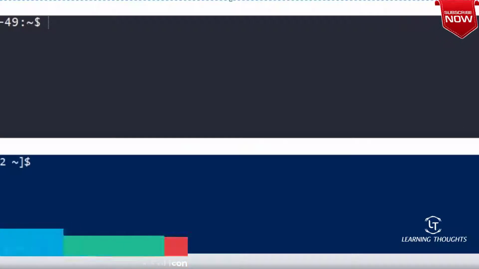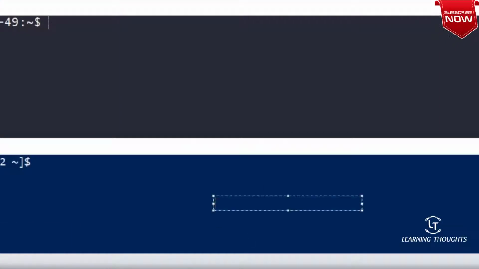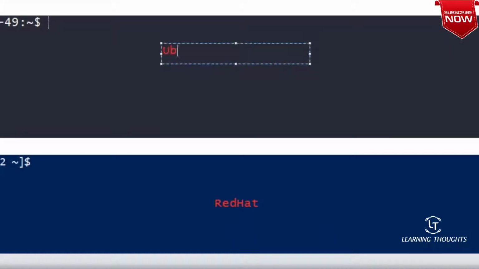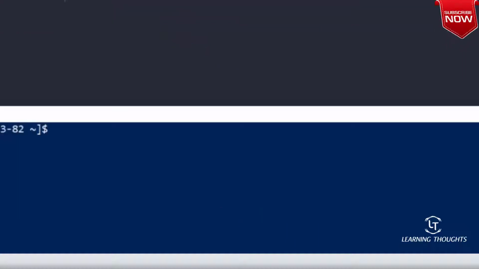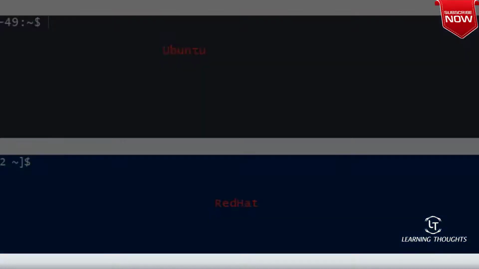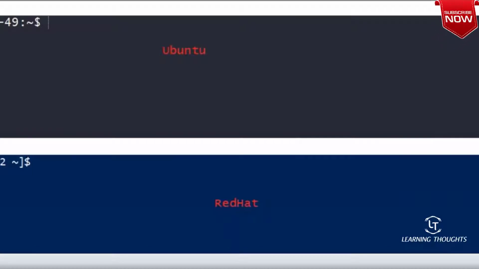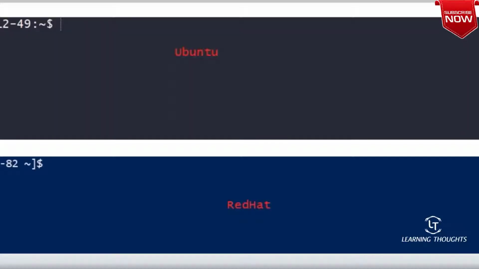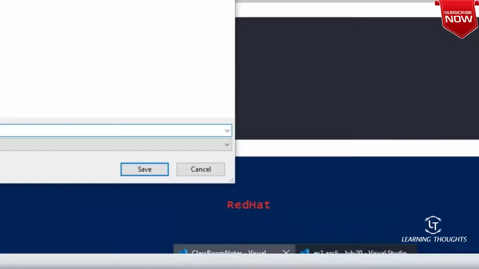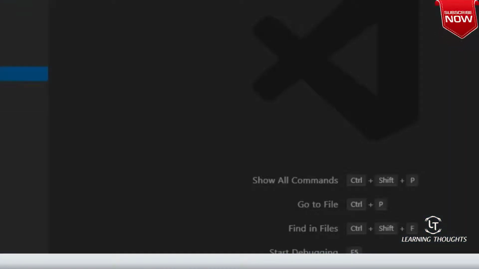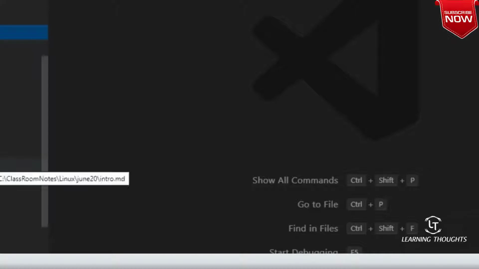So this is going to be your Red Hat instance, and this is going to be your Ubuntu. Good. So let me save this image. Get into Linux. June.